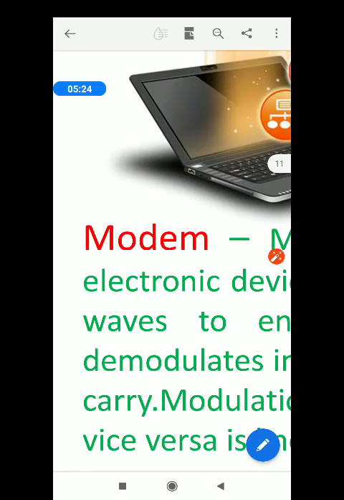Come to modem. Write down the full form of modem: modulator, demodulator.